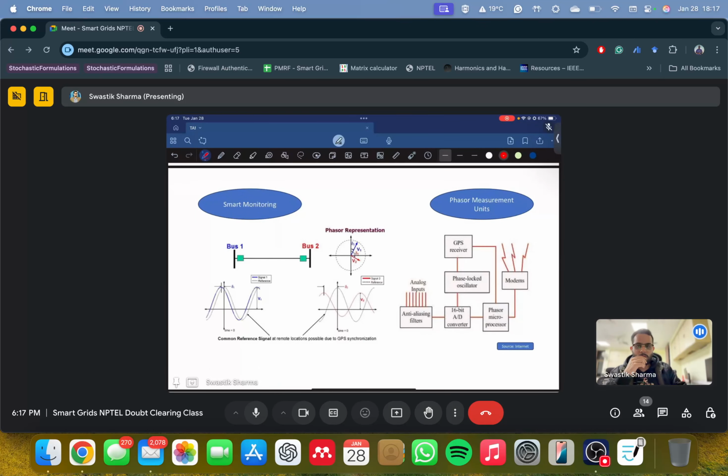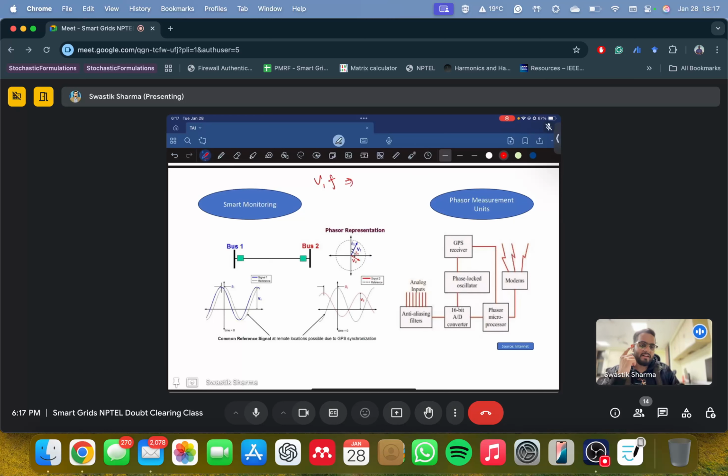Now let's come to one other thing I told you I'll talk to you about later. It's monitoring. You need to be able to measure your quantities of interest, right? So what are your quantities of interest? It's your voltage and your frequency. You would want to know current as well. I'm just taking voltage and frequency into account. Current you can always get by doing some calculations, right?